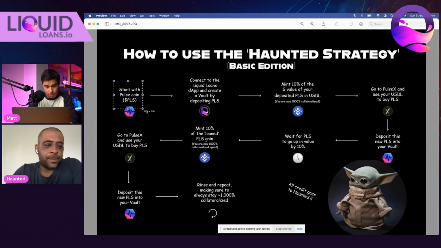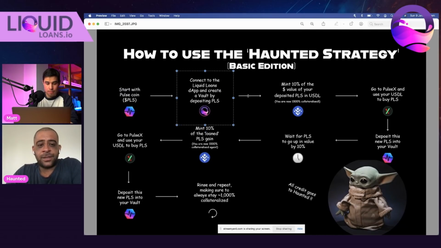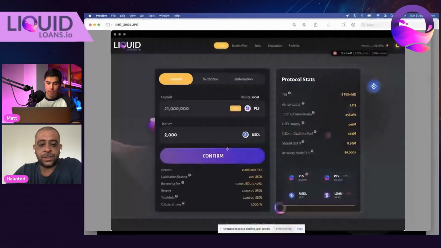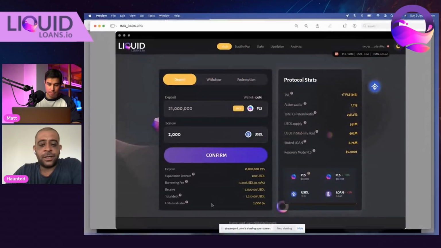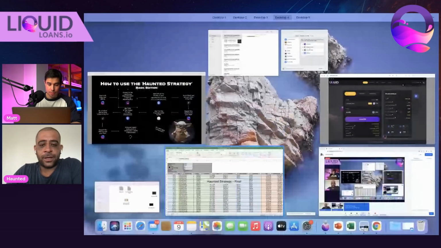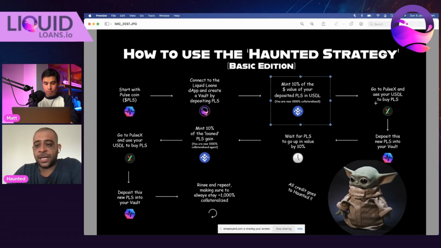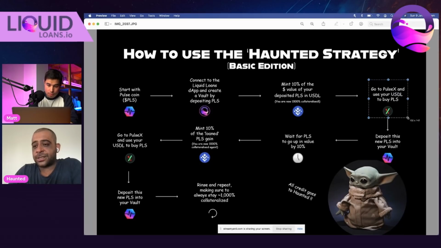All right, so we'll start with our Pulse. From the PulseChain, we start there. Connect to Liquid Loans, the front end, the photo that we just saw here. We go here, we connect to the front end. Mint 10% of your value, which is 1,000% collateral. So we look at that bottom part that shows 1,000%. We take it down to that 1,000%, mint some stable coin, go to PulseX